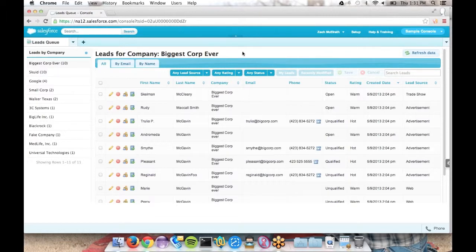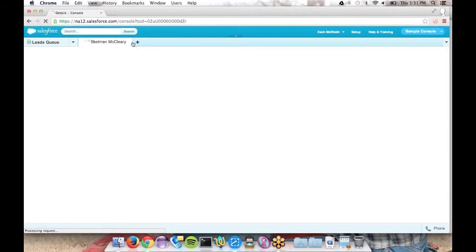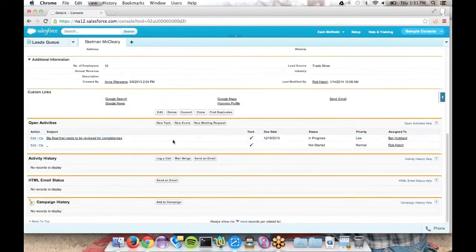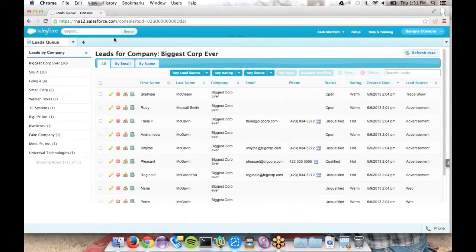This is just trying to get you some ideas of ways that you can take Squid components, throw them in a console, and help maximize your use of the console. So here, within all this, if I click on a particular record, this is again going to open in the console view like I'd expect it to. And then I can, of course, go back and turn it on to have a complete Squid page.